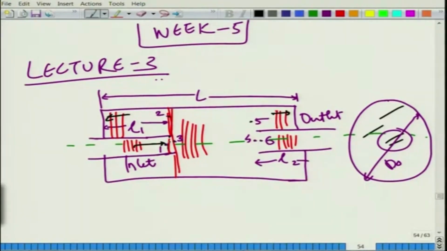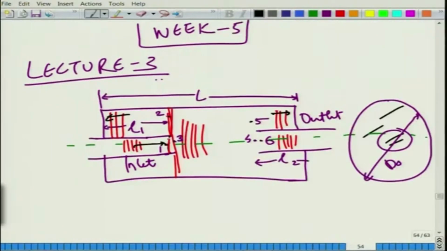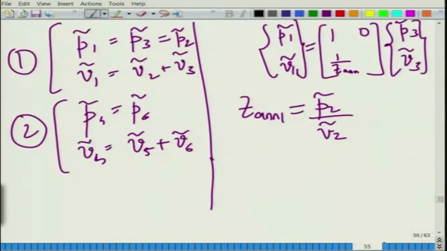Whatever pressure field that you are seeing here, V1, whatever enters, gets split into two parts. We assume, based on the plane wave theory, that V1 is equal to V3 plus V2. So basically the velocity that enters the chamber is split into two parts: the acoustic mass velocity that goes in the cavity, it gets split here and then here. Some part of that is taken away in the chamber, and some other portion goes within the annular cavity. As a result, we can split V1 in two